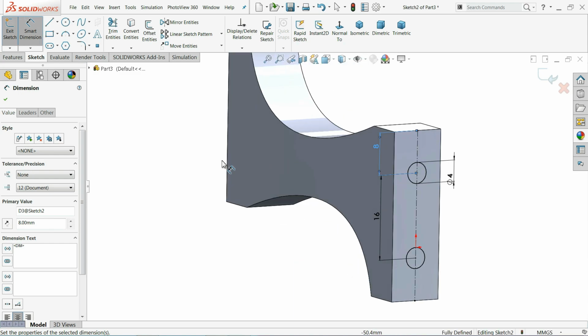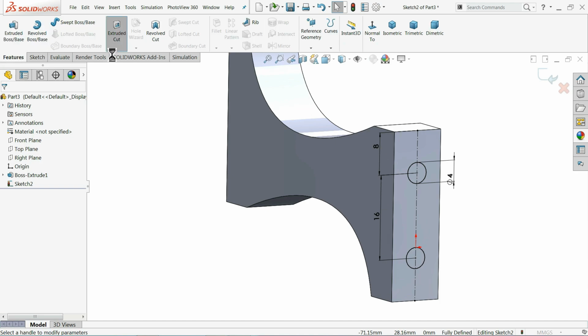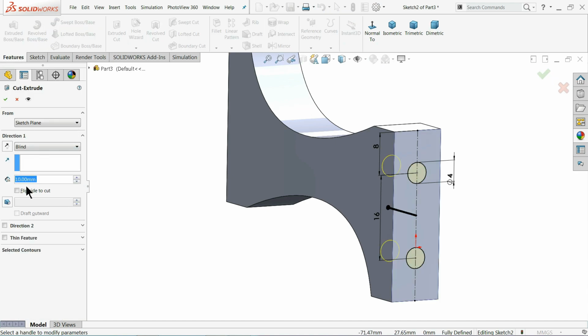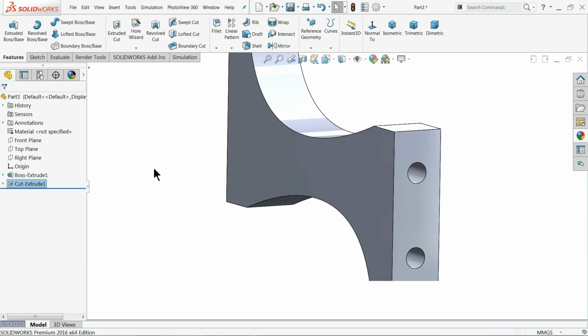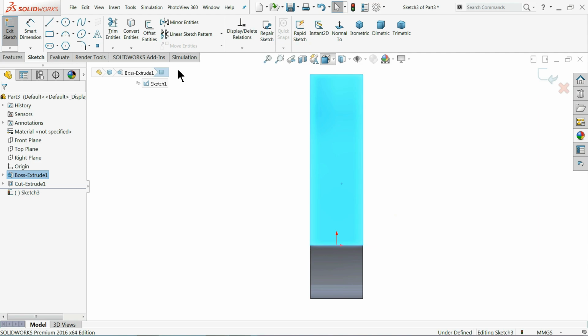Okay, now here the depth is 7 millimeter, so simply go to feature extruded cut, and depth we will make 7 millimeter. Now the same thing we will apply on the other side.